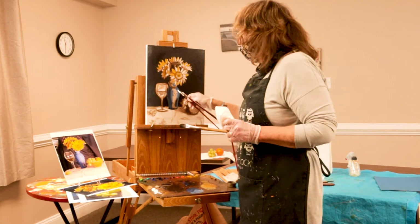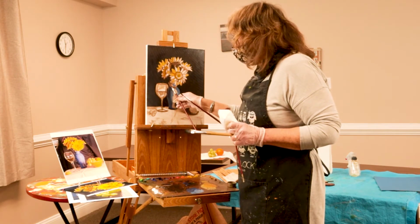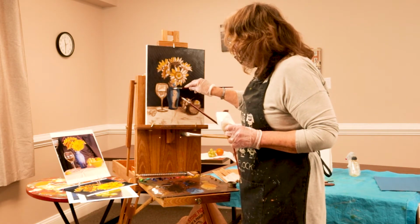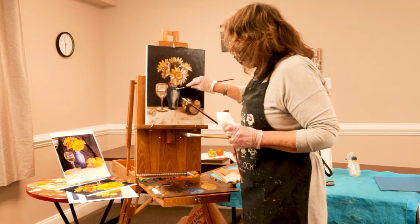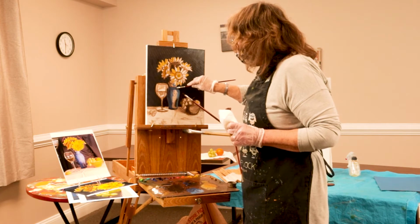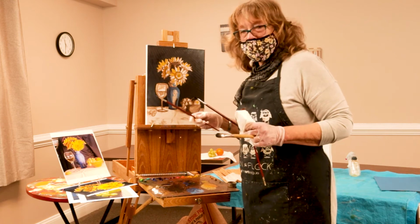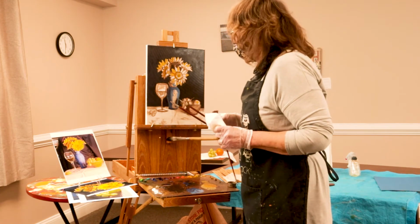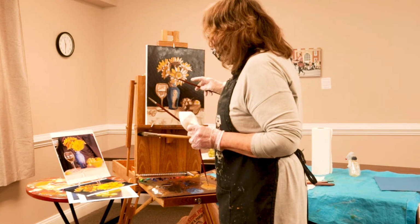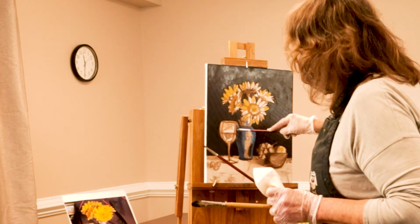I'm going to go ahead and do just a little bit more of the dark parts of the vase. I'm not thrilled with this color necessarily, but I think I can go back over it to make it more acceptable, or mix up a different color and go over it a little bit. I mean, it's not too bad. It's perhaps a little bit too turquoise-ish, or too warm, I guess that's a better way of putting it. And I've also tried to put some of the vase into the glass. And that's going to be the trickiest part of this whole painting, is doing this